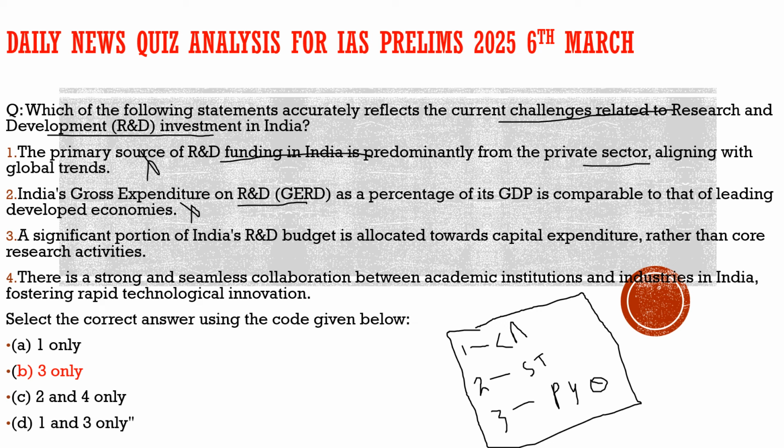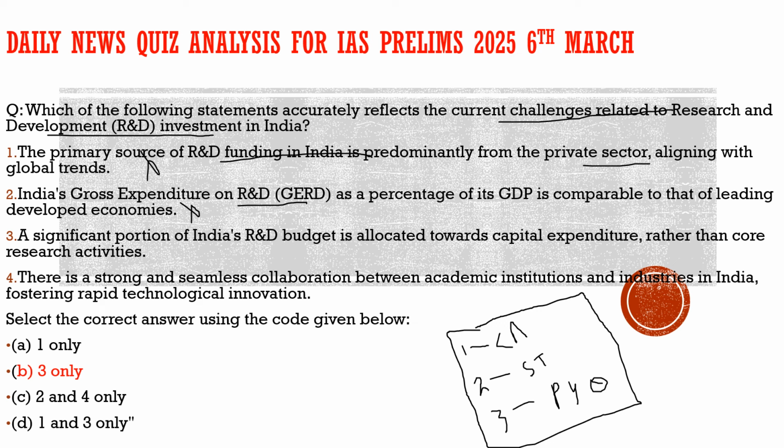Even though if we look at the figures, how much we invested in the previous financial year, those figures may seem like we are increasing our investment. But if we compare it in terms of percentage, it is always low. So the second statement is also incorrect. So what is the second issue in our investment? Even though the majority of the investment is done by the government, that investment is not up to the mark of the global standards. And if we compare it with the global economies, we are way behind those.